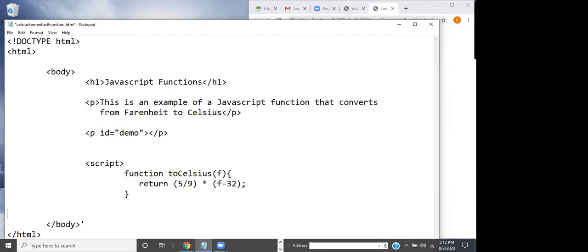Now, an additional JavaScript command is document, right? It's the HTML document, dot, and then call the method getElementById, parentheses, and now we have to name our ID, right? So in this case, the name of the ID is demo, dot innerHTML equals,